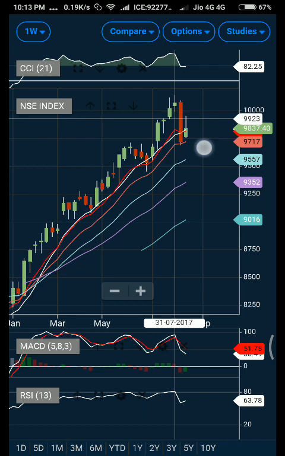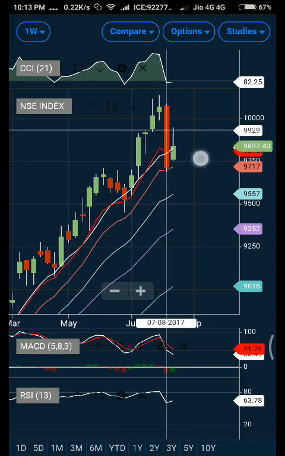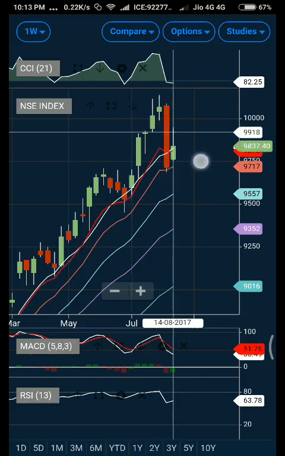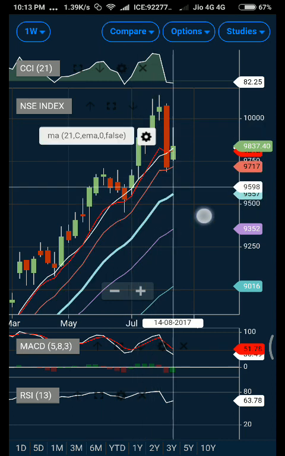then you can expect a level of, just a second, let me expand the chart. You can expect a level of 9920, and then you can just observe the candles and highs to aim for the targets.